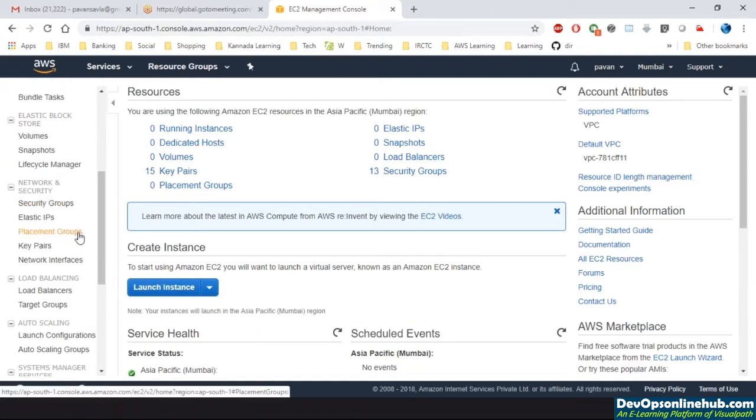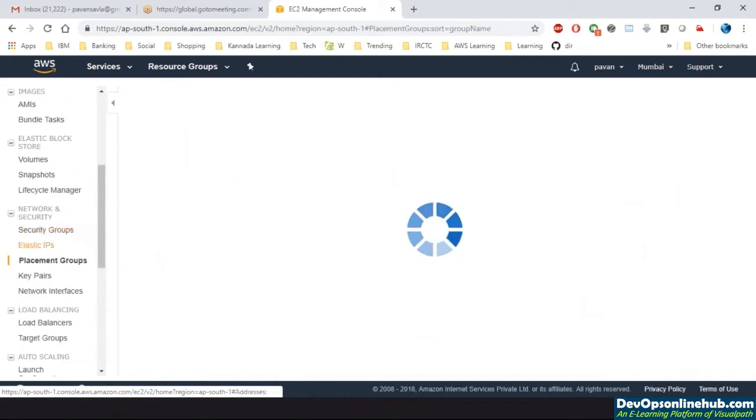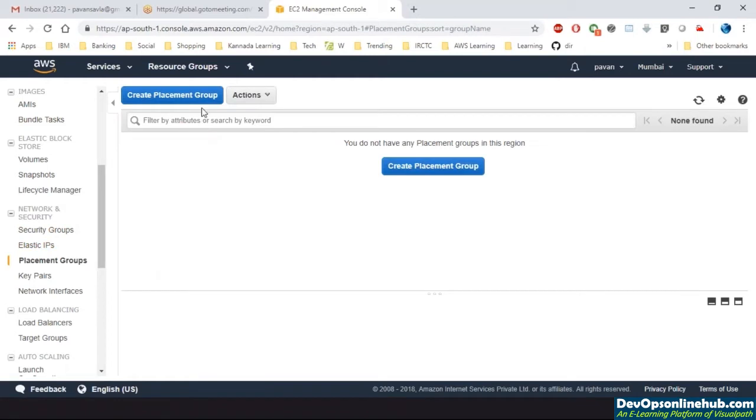Here you can see my mouse cursor hovering over the orange text which says placement groups. If you click on placement groups, currently I do not have any. It asks me to create one, and it's very simple to create.